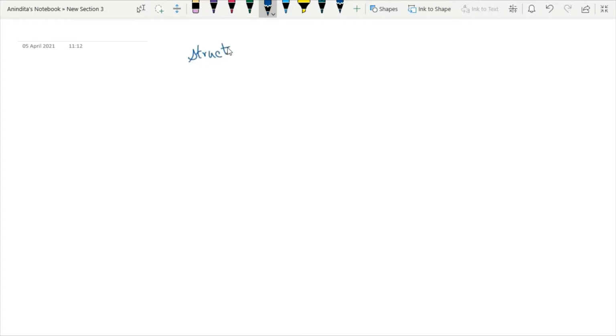So the keyword will be struct. And since I'm creating this structure for holding the student information, I'm just giving it the name student. And within this, what kind of data type should I use? I can write any data type, basic or derived.